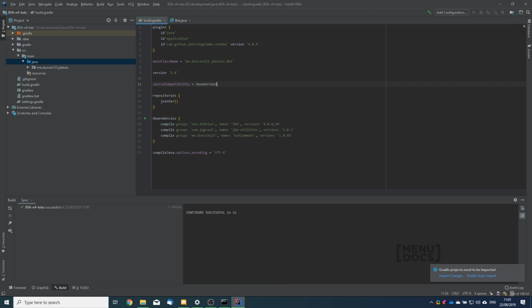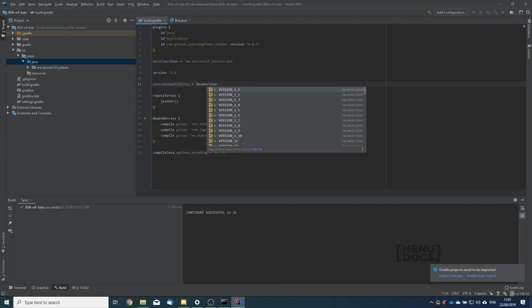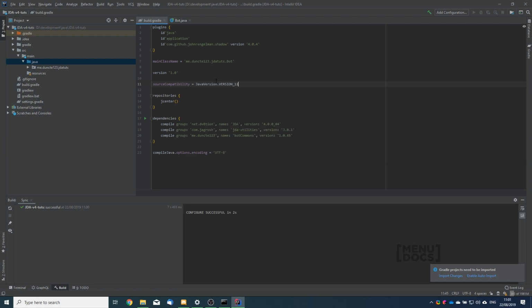Java version 11. I currently have Java 11 installed on my machine, so I want to use Java 11 features. So let's import the changes. When Gradle is done importing, we want to open our browser